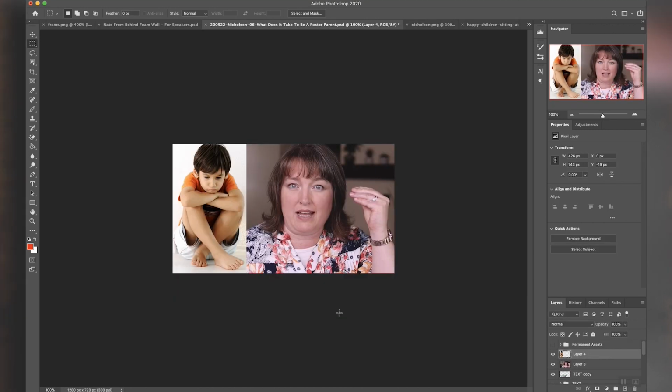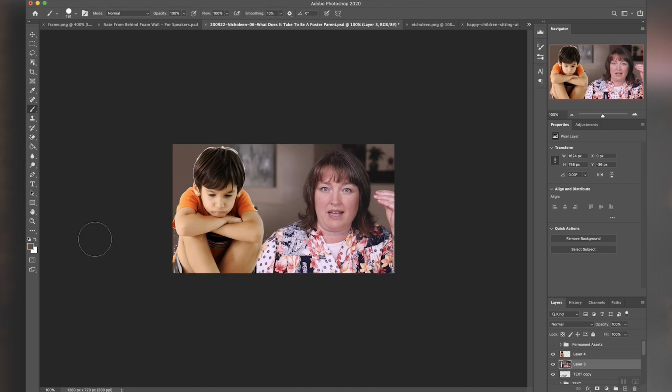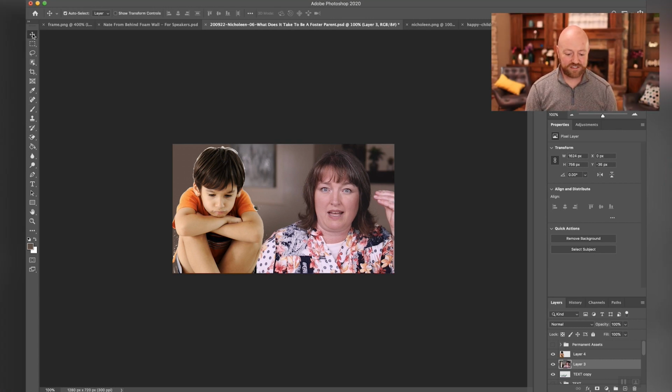I'm not really sure if I like the look of this. I might use the boy or not. I mean, I can try and erase the background. I could take a lot more time to clean that up, but really what I'm just trying to see here is if I like the idea or not. Do I want him in the background? So there, that looks a lot better. Now I'm trying to think about text. Should I add some text to the screen?